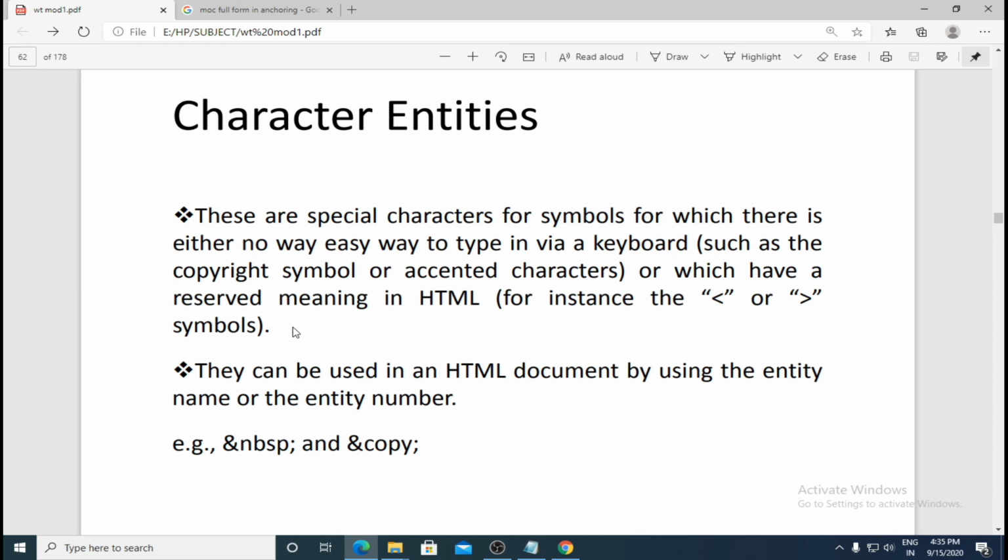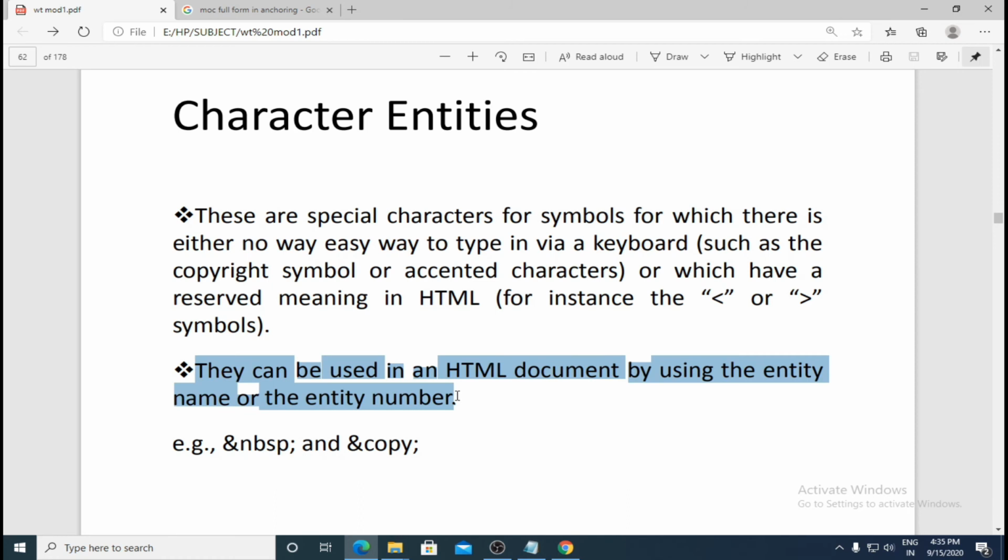For example, if you have some special characters that you are not able to find on your keyboard, or some characters which have special meaning in HTML. Now for example, I want to print these angular brackets, but if I write them directly, the browser will think that I am making use of an element, but actually I want to use the opening angle bracket and the closing angle bracket symbol. So such reserved meaning characters, which you want to print in your web browser but there is no way of printing directly, let us see what will help us with that.